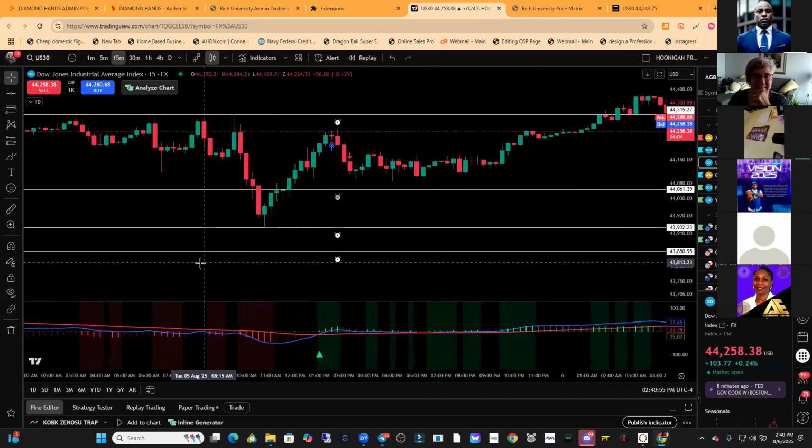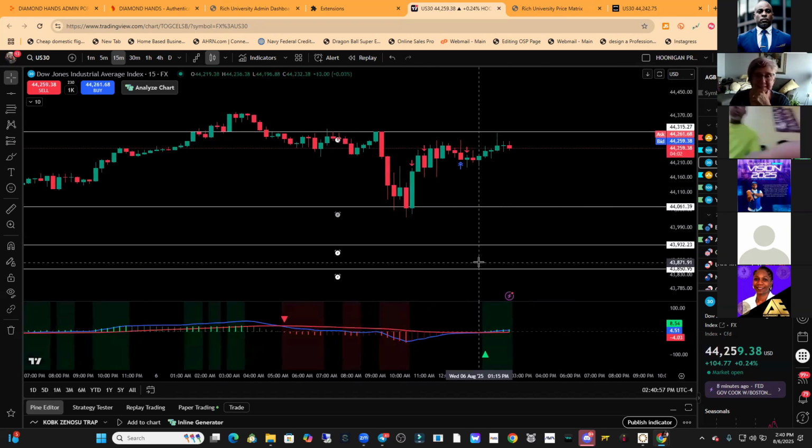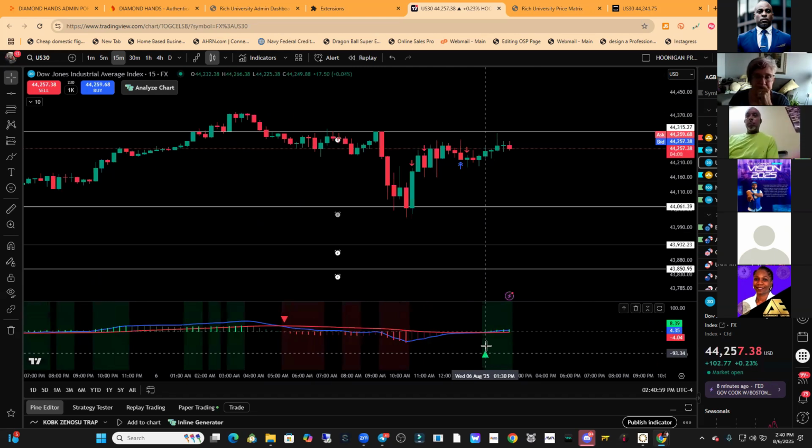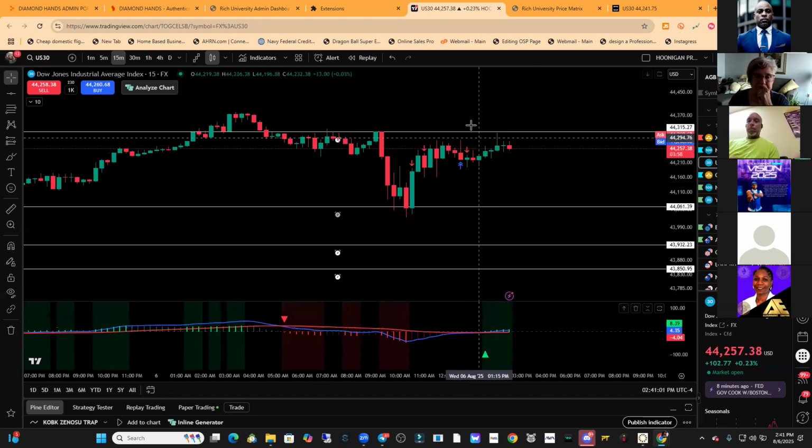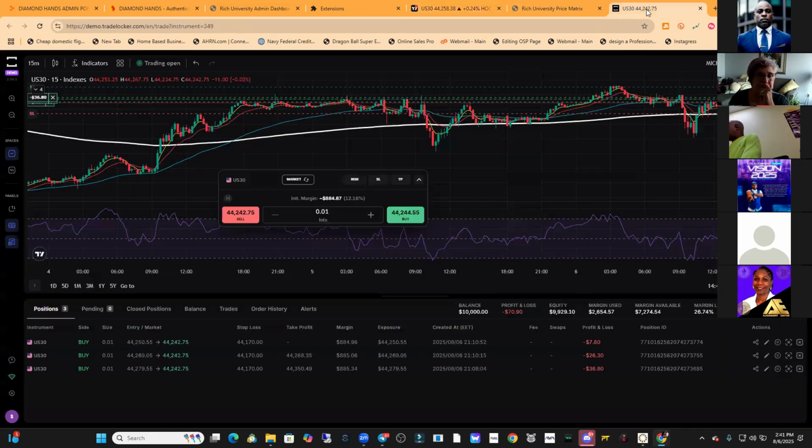For real, right now, currently, I'm actually in this trade. The momentum is very low. I'm looking for it to go back up here. I entered another US 30 trade. I'm actually in that trade. You guys can see I started this account this morning just for this strategy. You guys see I'm in drawdown, but I don't care because I'm going to stick to the plan and let it